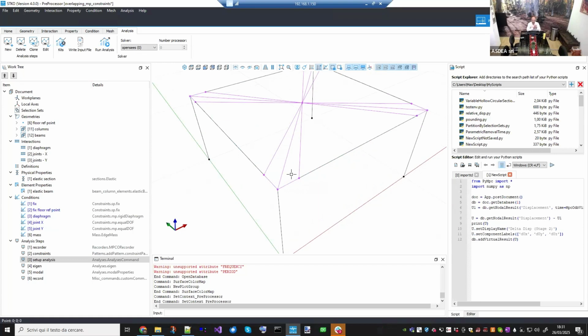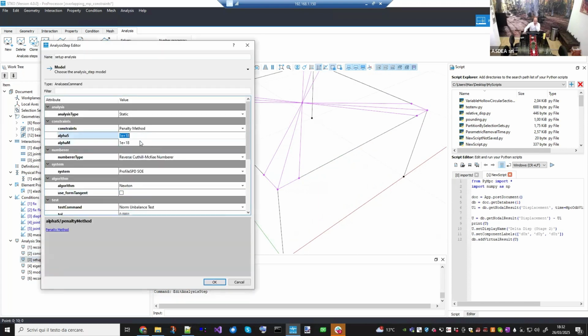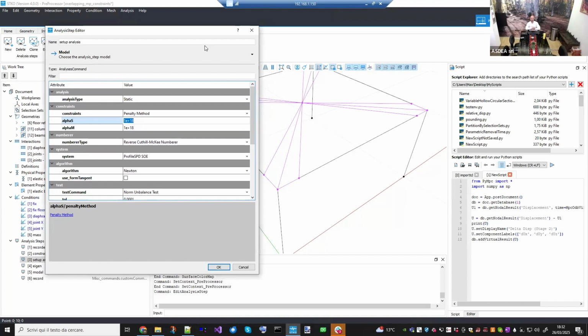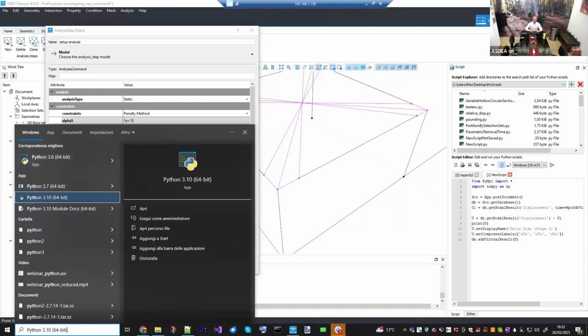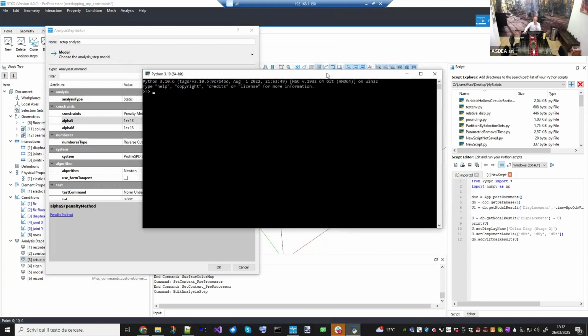The only problem that you have with the penalty constraint handler is that you should be able to set up these two parameters, okay? By default in STKO, we start with 1e18, but since this is an absolute value, it is not a value that is valid for any kind of problem. So for example, how do you calibrate the penalty parameter for a given model? Let me start a Python GUI. Okay, so in my model,